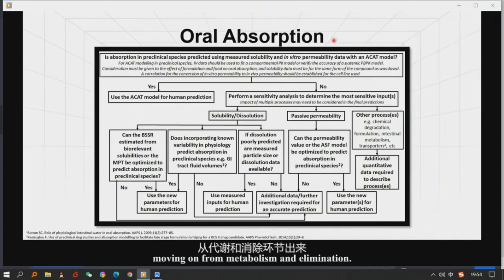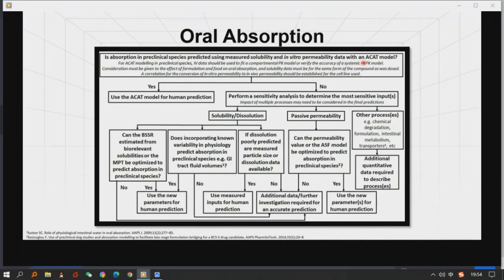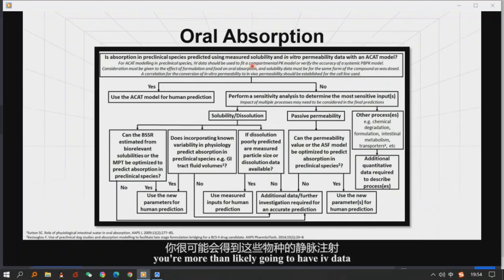Moving on from metabolism and elimination, we now focus on oral absorption. And what we're asking here is: is absorption in preclinical species predicted using measured solubility and in vitro permeability data with an ACAT model, the Advanced Compartmental Absorption Transit model? When you're modeling oral absorption data in the preclinical species, you're more than likely going to